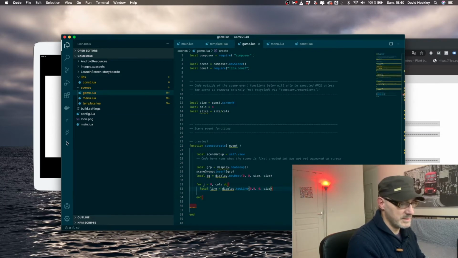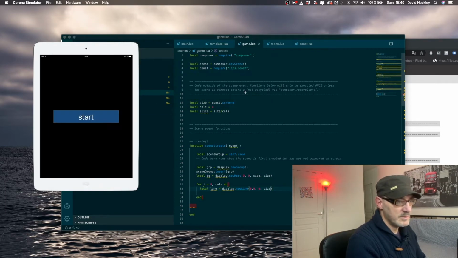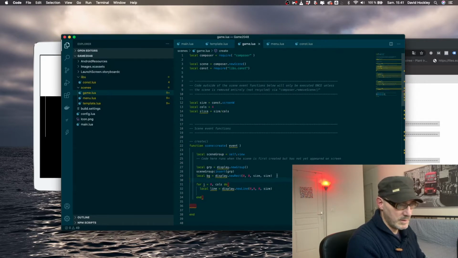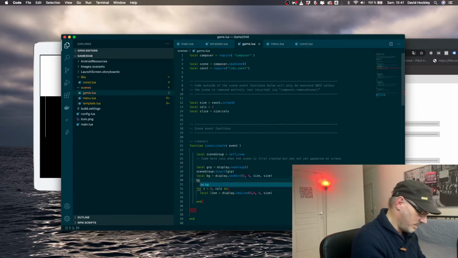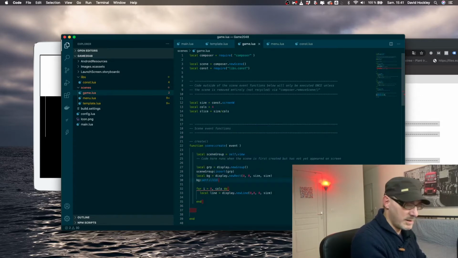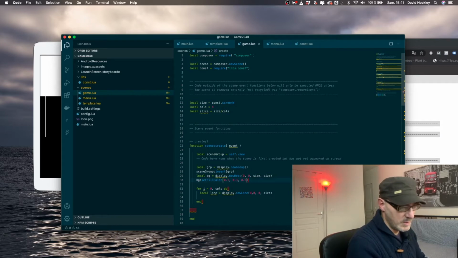Let's just check that. Relaunch simulator. Start. Okay, let's get this background to be a different color. Background display setFillColor. We're going to put that 0.1, 0.3, 0.5. We're going to put this inside the group. So we're going to have the group